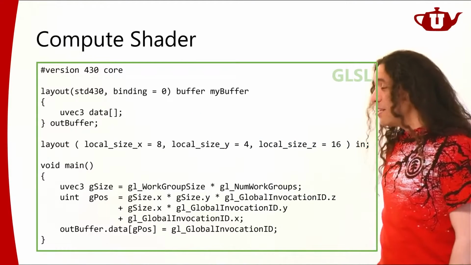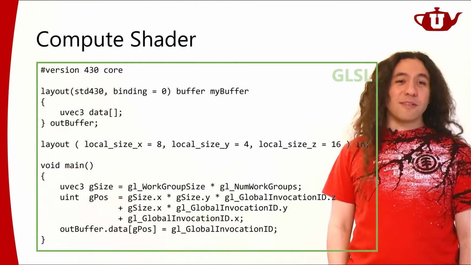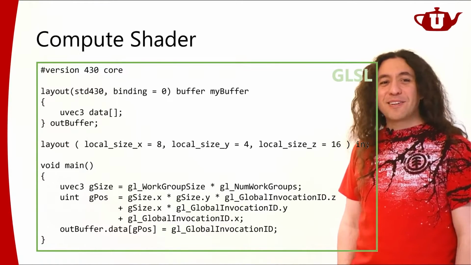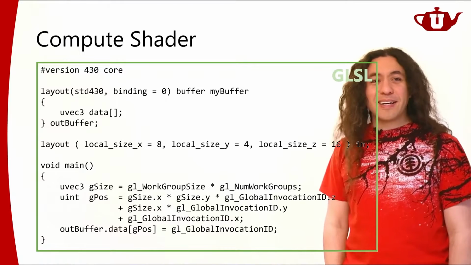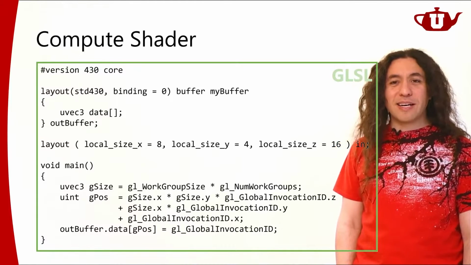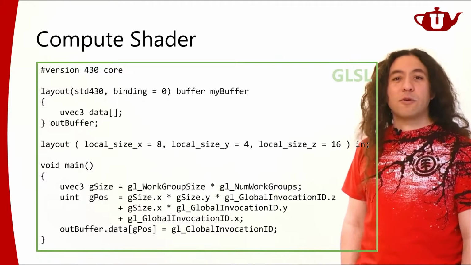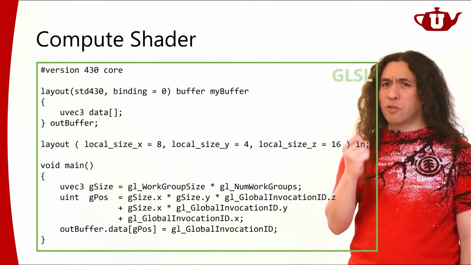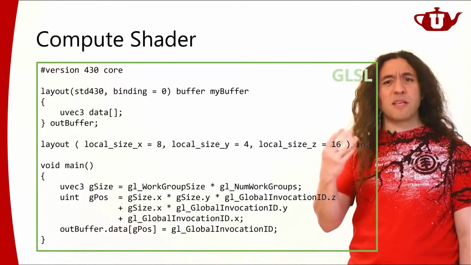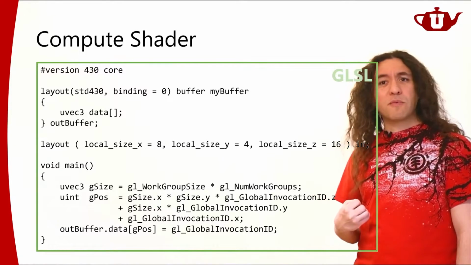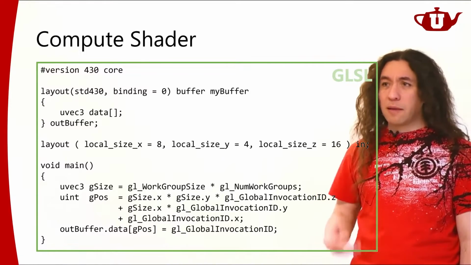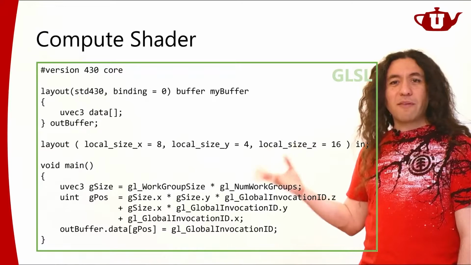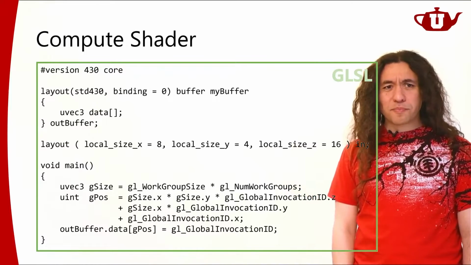Writing a compute shader is, in some ways, much easier than writing any other type of shader, because you have complete freedom in how you access your data and how you structure your data. In many ways, compute shaders are easier to use than other shaders that expect certain specific things, accept certain specific types of inputs, and require you to provide certain types of outputs. In this case, you have a lot more flexibility, is what I'm trying to say.